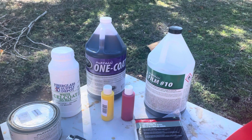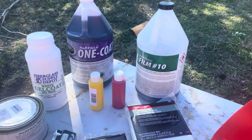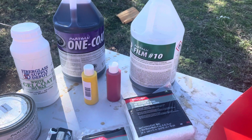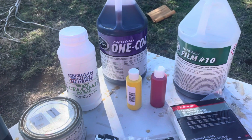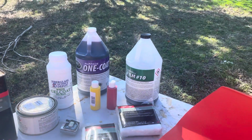I should have used tooling gel coat because it's orange, but I didn't think of it, so I already ordered that. They don't make the coloring in orange, but they make red and yellow, and red and yellow make orange. So what I'm going to do is mix the red and yellow, mix it with some gel coat, and put that on there. Once I've got the gel coat on there, the next thing is, of course, the fiberglass